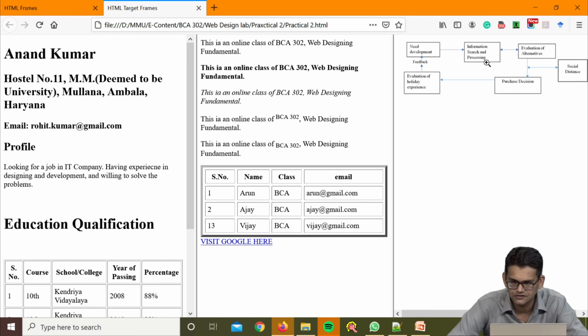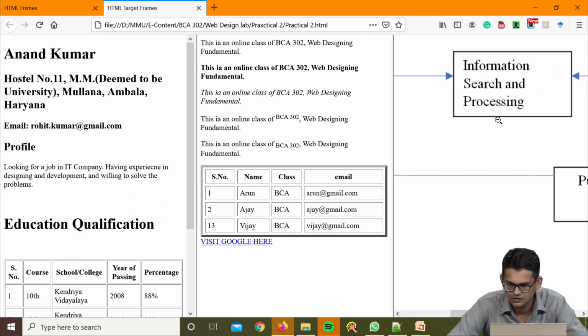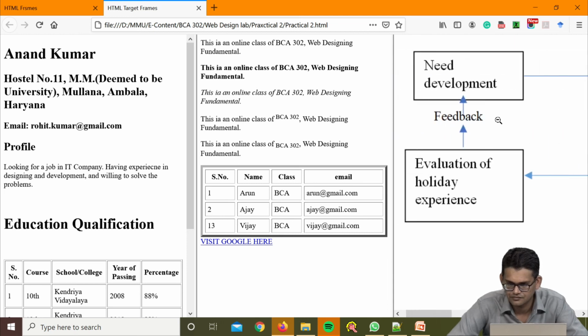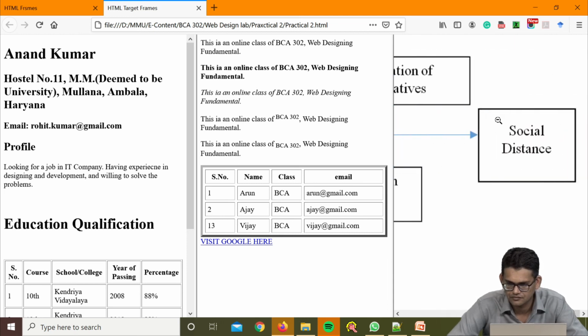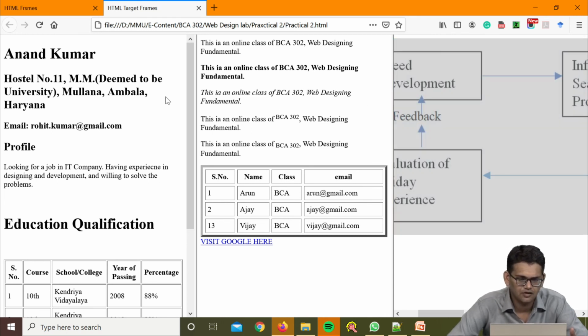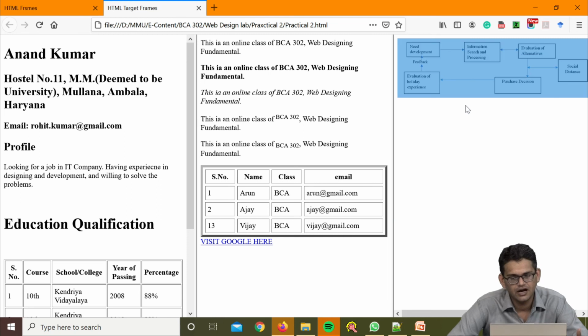Now you can see this is the image. You can zoom out and zoom in also. This is the image, right. We can add images here in the 3 sections. We can also import some already existing pages, some links, anything we can add in these independent frames. So, in this way you can do the practical on your own,